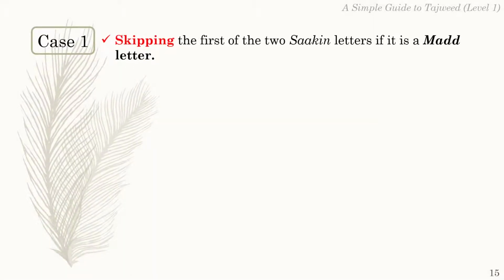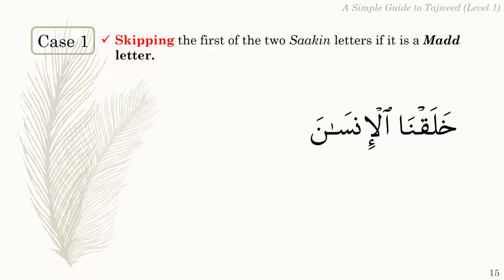In this video, we will focus on the first case, which is skipping the first of the 2 sakin letters if it is a mad letter. In the first example, when connecting the word that starts with Hamzatul-Wasl to the word before, we skip Hamzatul-Wasl. We will find that we have 2 sakin letters following each other. The first sakin is the alif mad, and the second is lam sakina. To avoid reading 2 sakin letters following each other, in this case, we have to skip the mad letter. So we will connect from noon with fatha to lam sakina. خلقنا